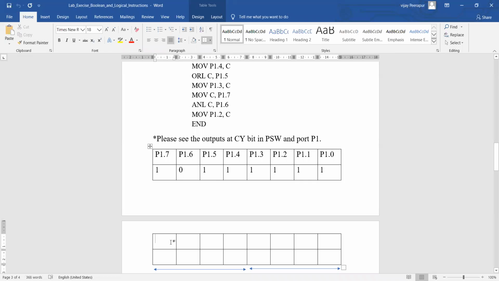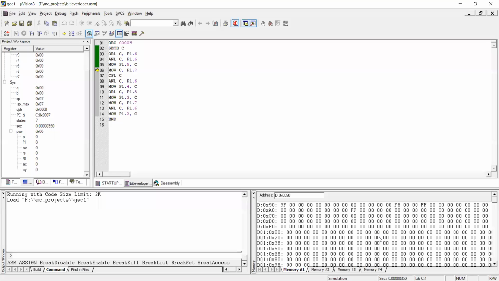Now what we have here is 1 0 1. This bit is already 0. Because of that move instruction, we made this 0. This is not changed, right? This still remains the same. So what are these 4 bits? 1 0 0 1 means what? It is nothing but 9. And all of this will be F. So the content has changed to 9 and F there, right? Everyone agrees with this, right?